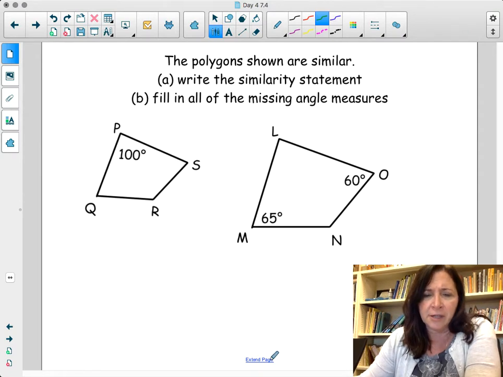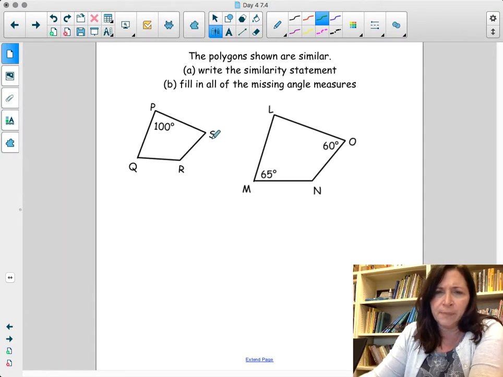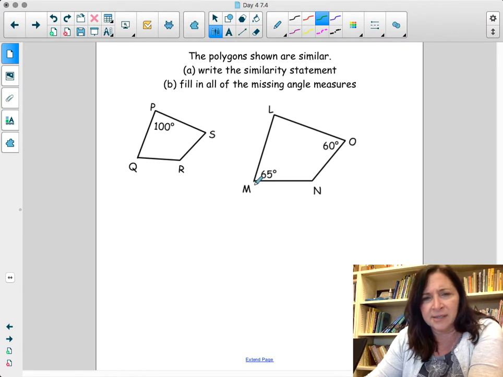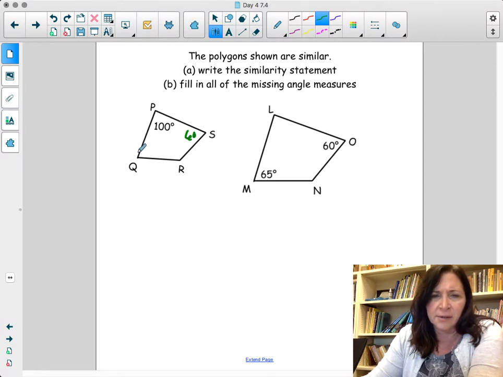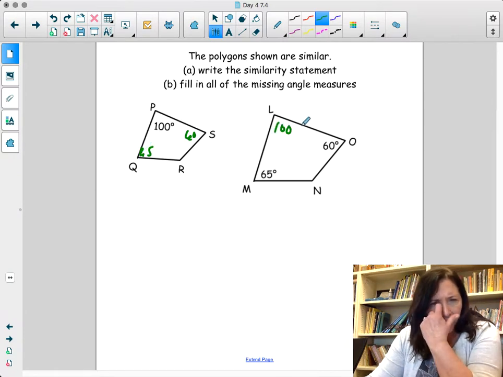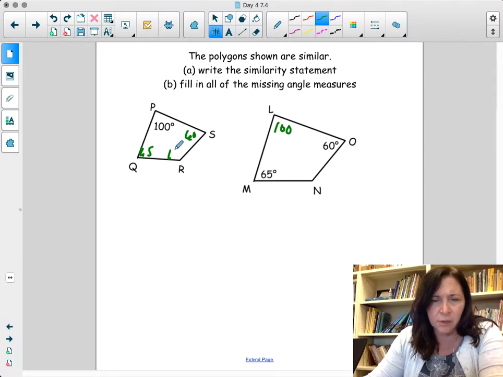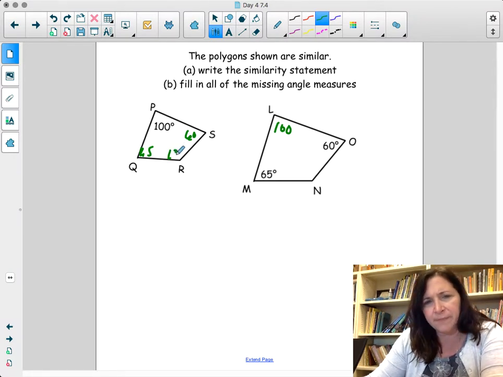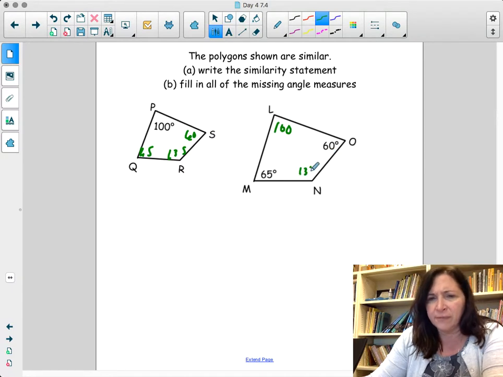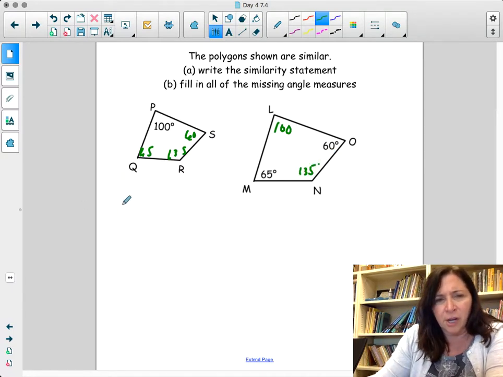The two polygons shown here are similar. You're supposed to write a similarity statement. Fill in all the missing angles. So that's 60. That means that's 60. There's 65. What else? We have 100. 160, 65. I think that's 120, 35. 135, something like that. And so we're going to go, similarity statement is going to be PSRQ is similar to,